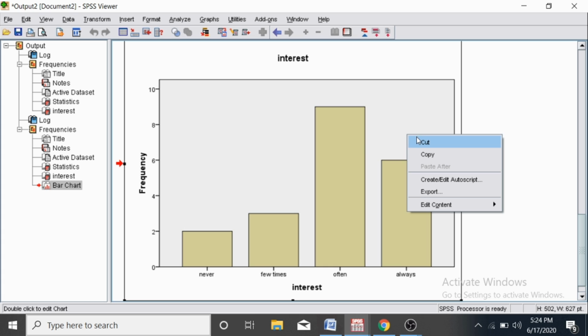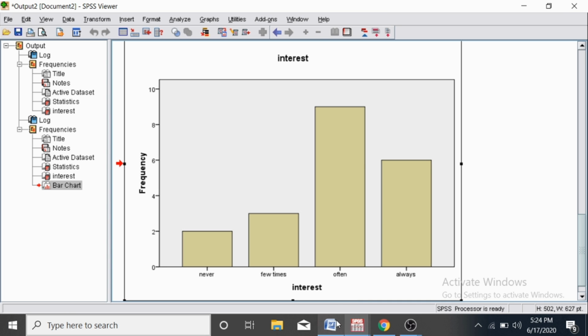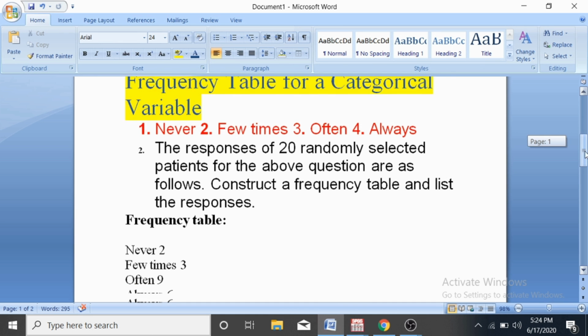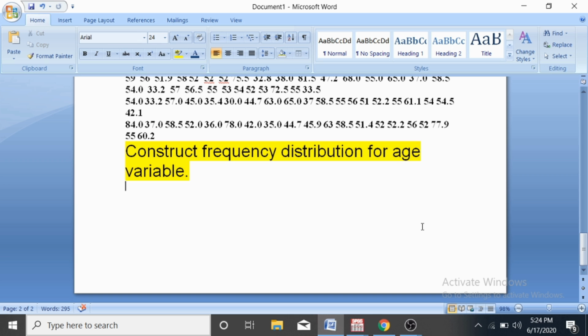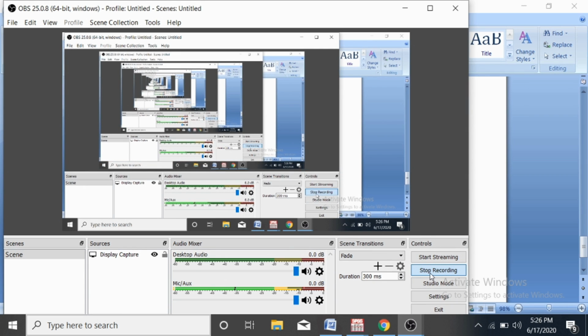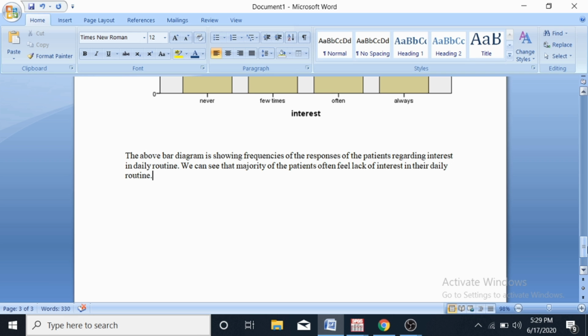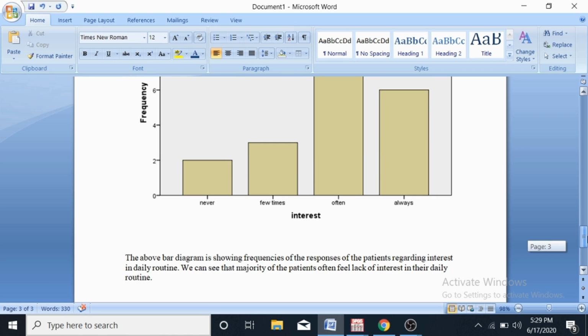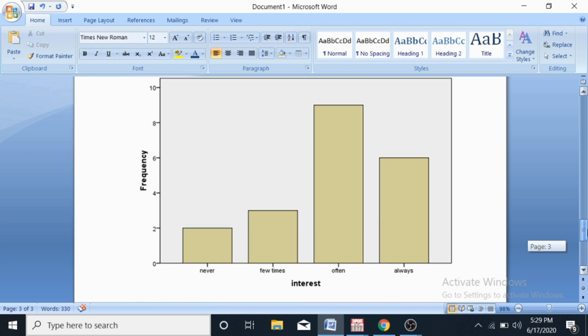So here you can see the bar chart. Now I am going to copy that and paste it into a Word file. And we can see that the majority of the patients feel a lack of interest in their daily activities.